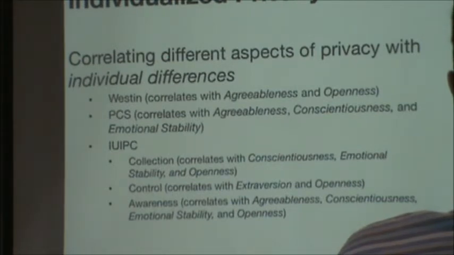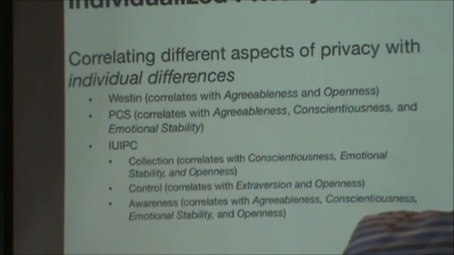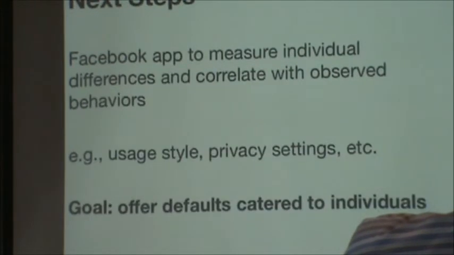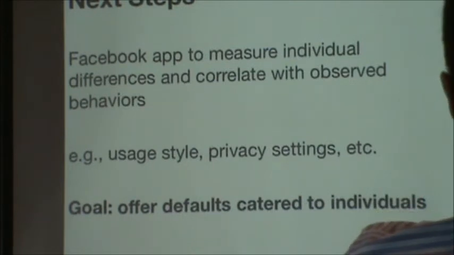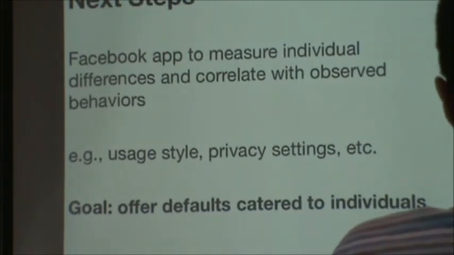And so future work is looking at how can we infer someone's privacy preferences based on observed behaviors, and then we can create adaptive systems that customize settings. So one next step in this area is I have a colleague at Facebook who I'm working with, and the idea is to deploy an app that is billed as a personality test, but it also examines posting behaviors, your social network, and tries to correlate all of that with the different personality traits.